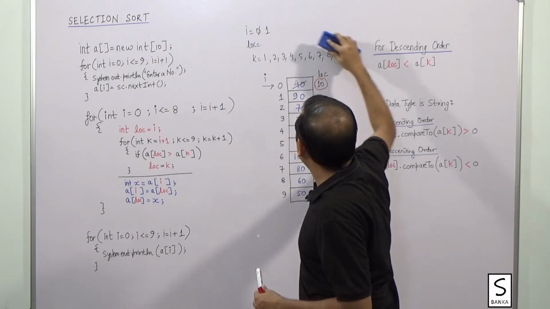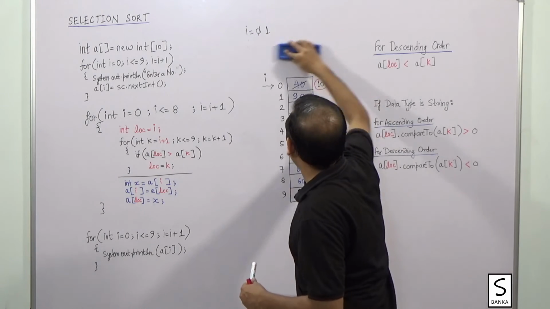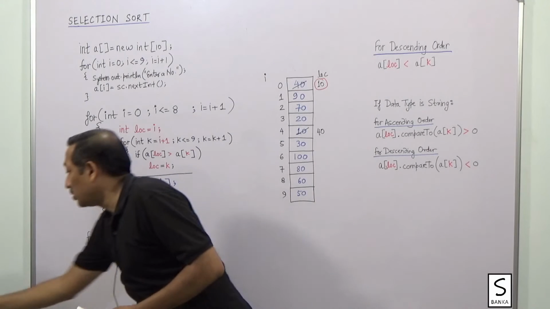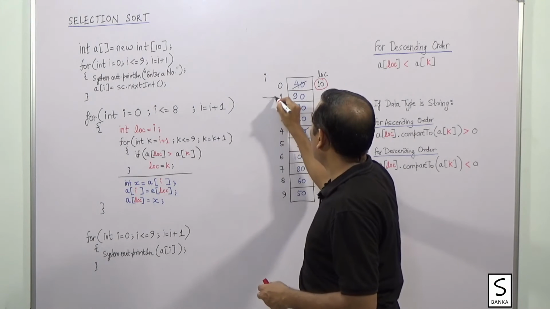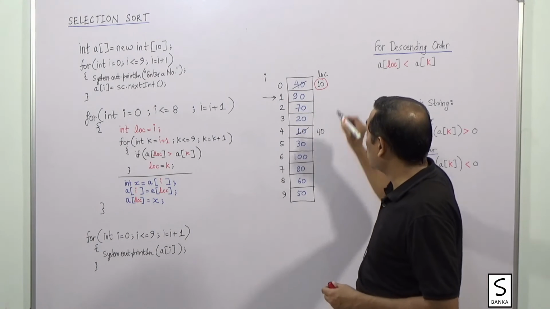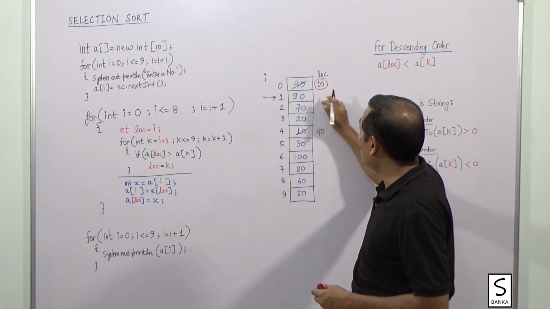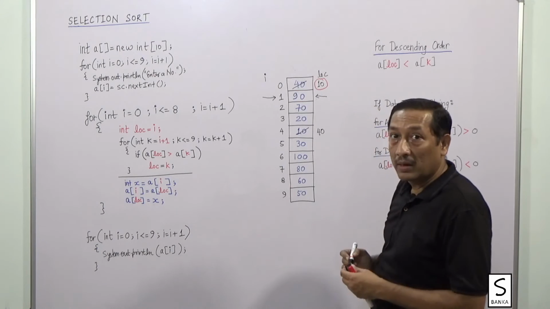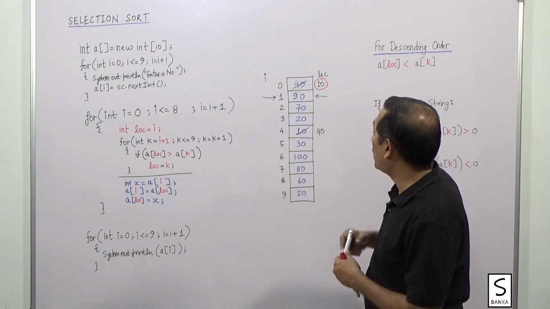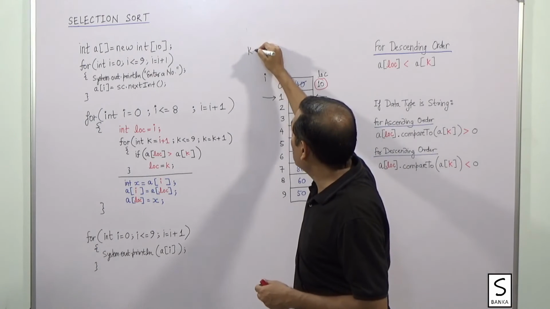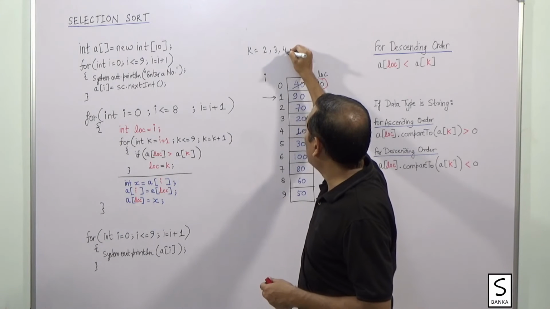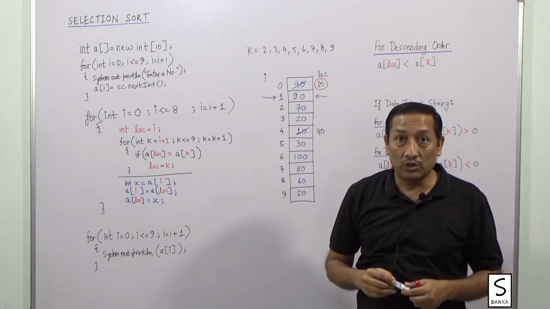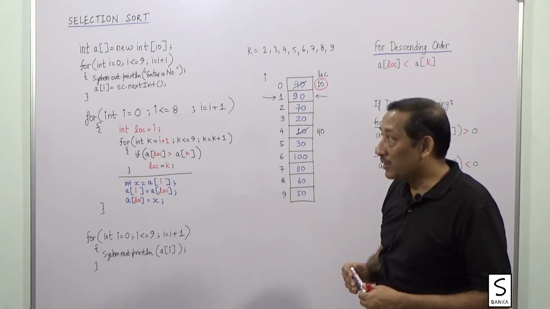Now, I will not take this example, I will try to cover it directly. You see, now the value of I is not 0, but 1. And LOC will start from what location? You see here, LOC is equal to I, which means LOC will also be 1, and the value of k will now start from location 2. So k will start from 2, then 3, 4, 5, 6, 7, 8 and then 9, because I plus 1. Once again the entire process repeats.